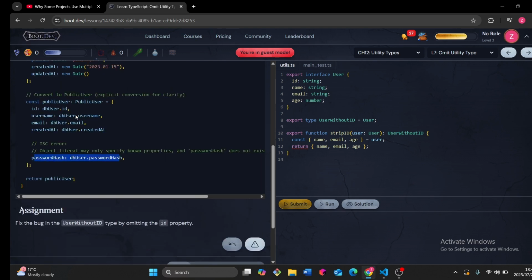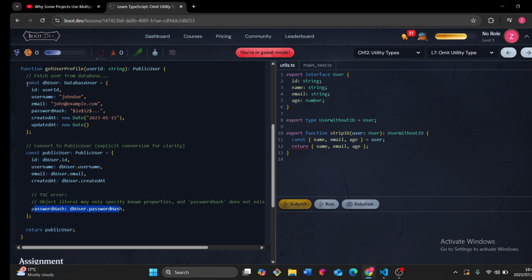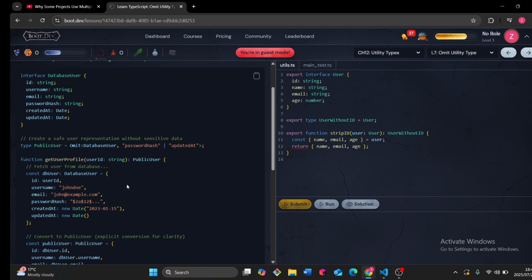So why did we, okay, we're getting this from the database user here. You use this for filtering some things before responding to an API to remove sensitive data, or maybe we want to send it somewhere, like if you're getting something like this from the database and you don't want to pass